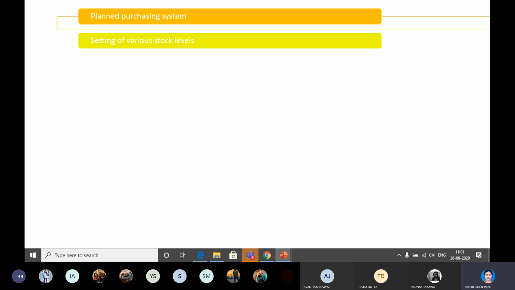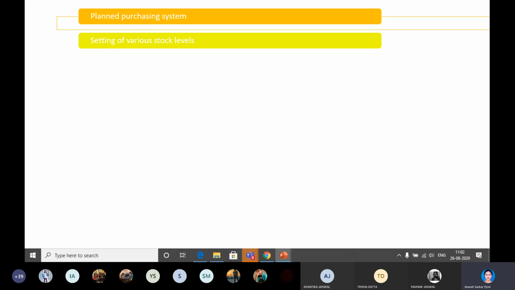Now, reorder level is that level at which an order is placed for further procurement of materials. When you require more materials, say you have 1000 units and you need 200 more units, then it's a reorder level. At this level, an order needs to be placed. It indicates the point of purchase. The factors on which the selection of this level depends are the normal rate of consumption of materials per day, and the time lag between the date of placing the order of that 200 or 500 materials and receiving the goods, or the lead time, you can say.